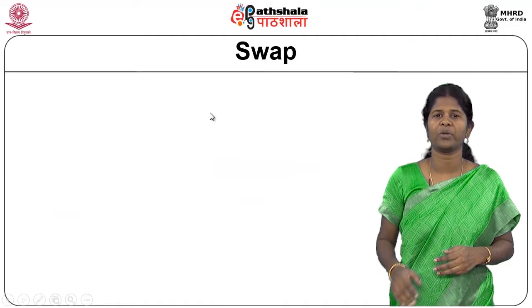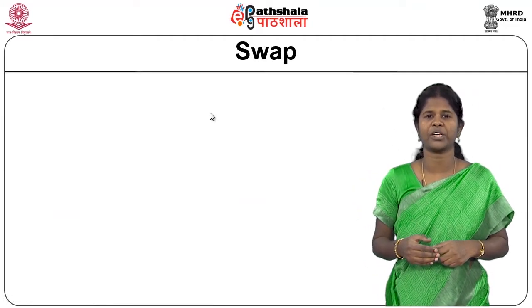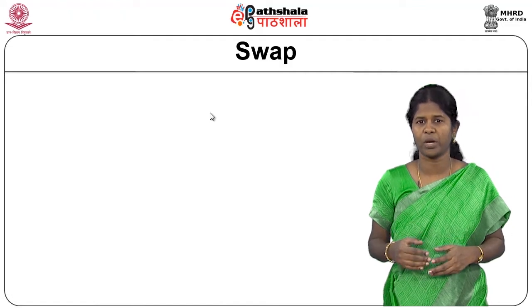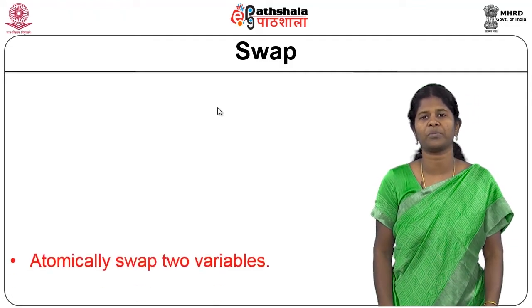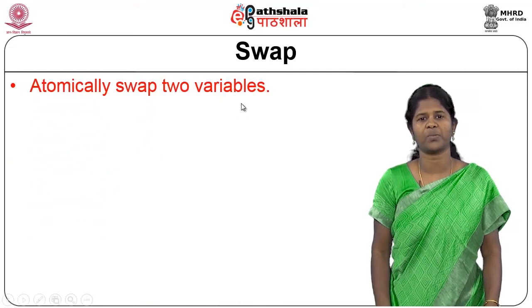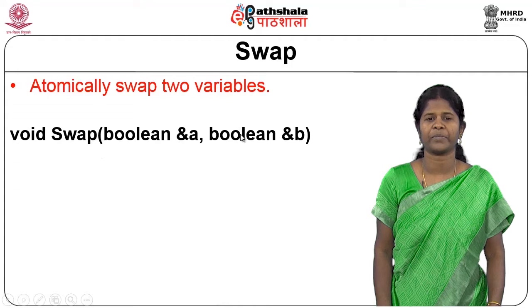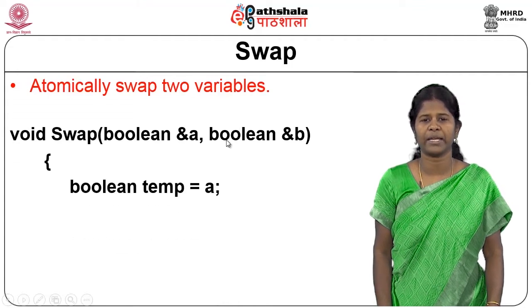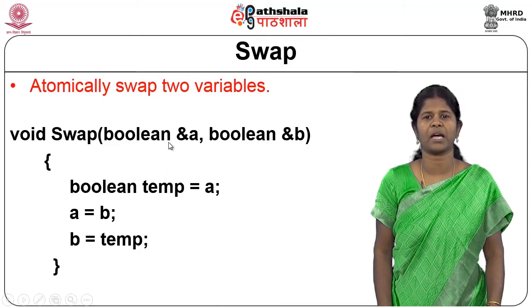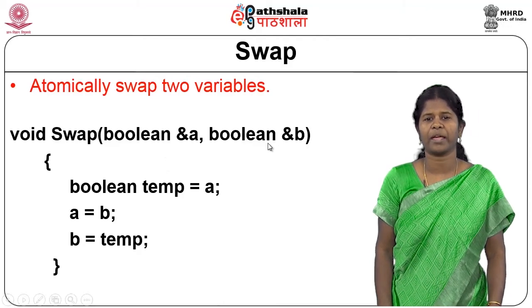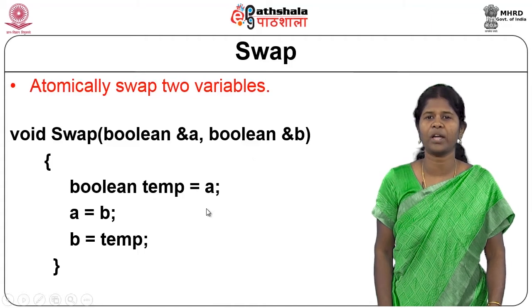And in today's class we will look at another instruction which is called the swap instruction. This instruction again is one that is executed atomically, and this can also be used for solving the critical section problem. So, this instruction swap is used to swap two variables atomically, and the implementation goes like this. The swap instruction takes as arguments two Boolean variables A and B, and it swaps the values of the Boolean variables. That is all that has been done here.